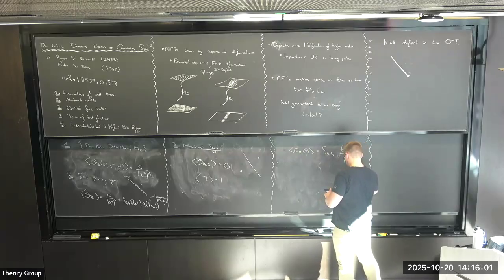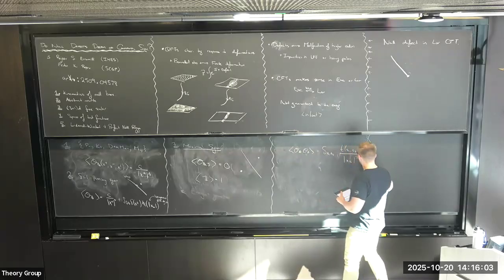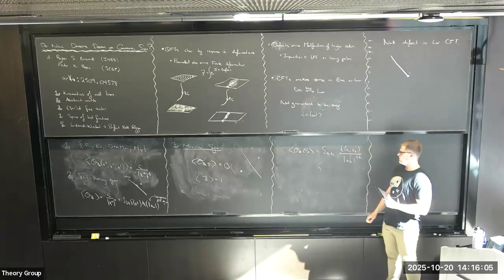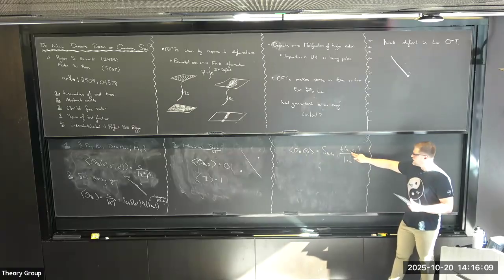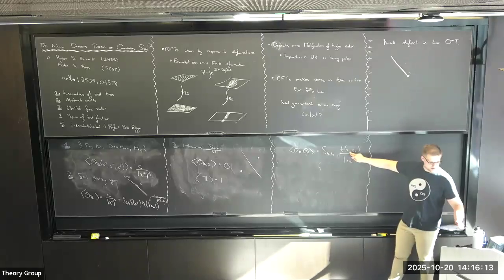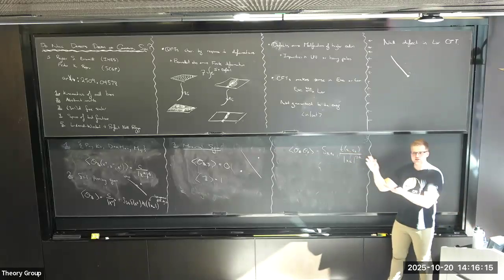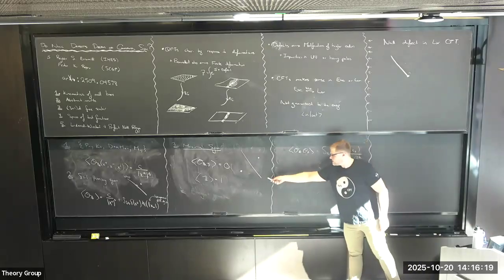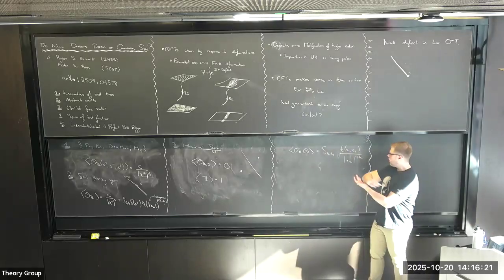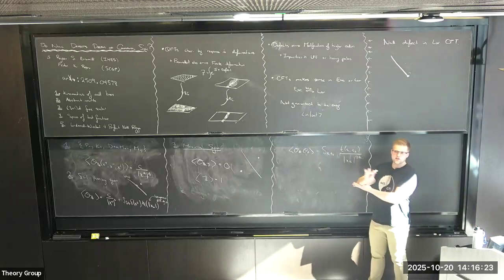So 2-point functions in the presence of the line must take the form of standard 2-point functions, but with this one function here. This function is a possible discontinuity across the shockwave plane. So our claim is that for all maximally symmetric defects, if they exist, all of the physics in them is contained in the shockwave plane.